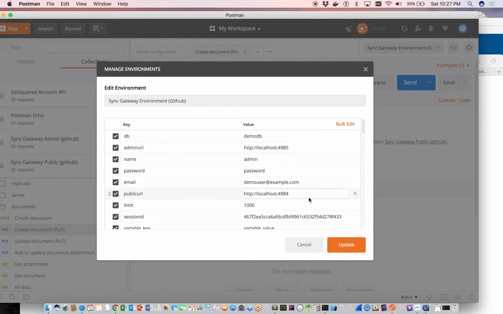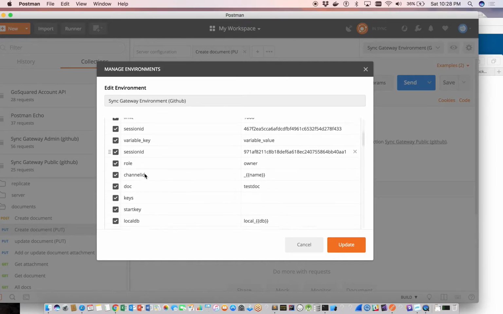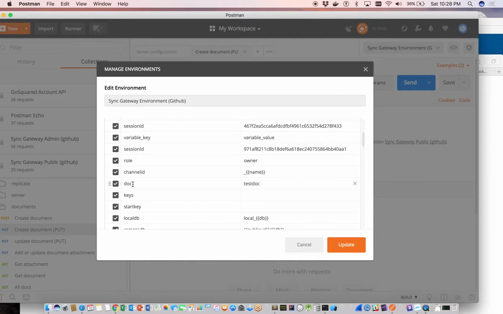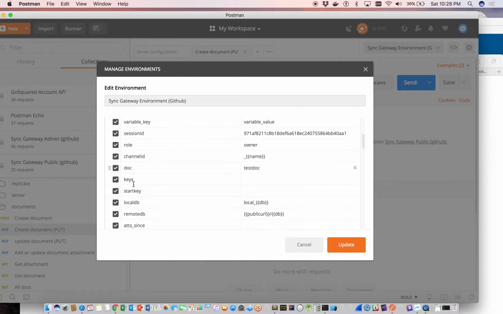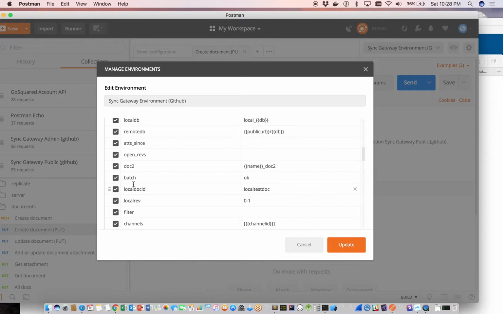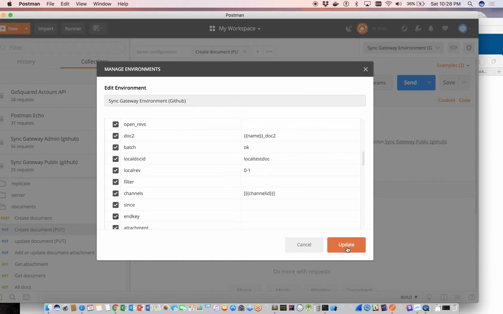Okay, now again, I'm going to leave the rest of the environment variables to the default values. But as I mentioned, if you were launching your sync gateway with a different config file, other than the one that's provided in the sample, be sure to update the environment variables with the right DB name, the right username, password, and the doc ID that you want to use, the default doc ID, and so on, and whatever other parameters that you want to customize. Okay, so I'm going to update this,